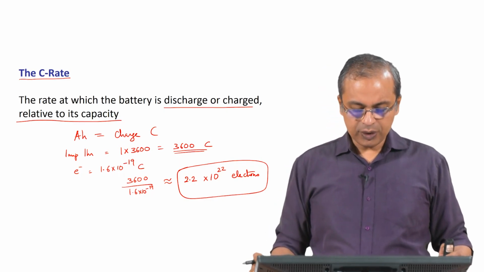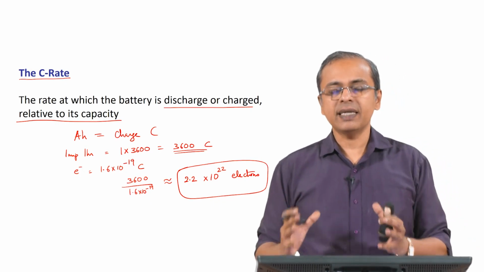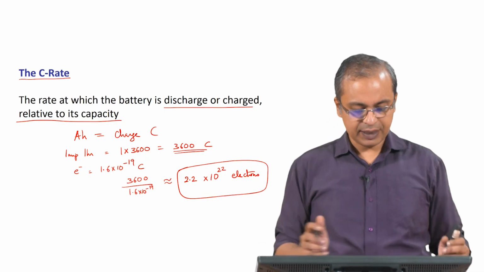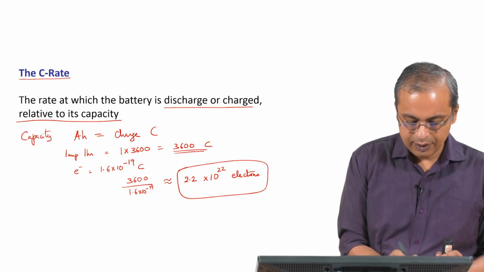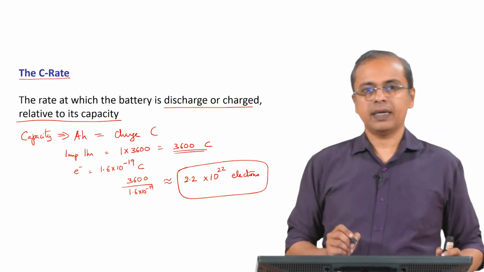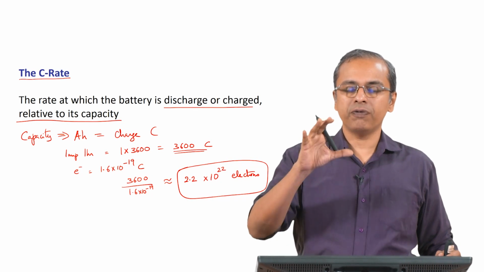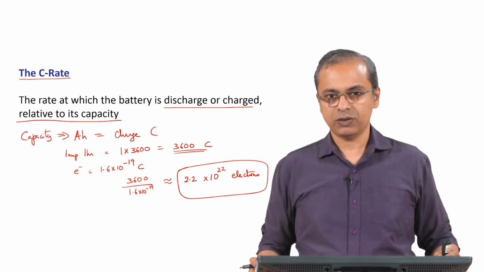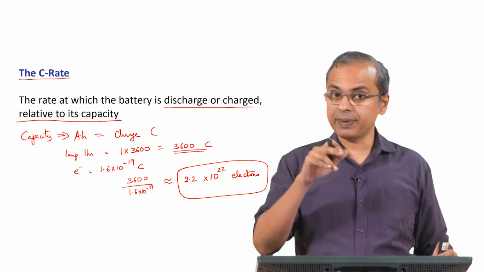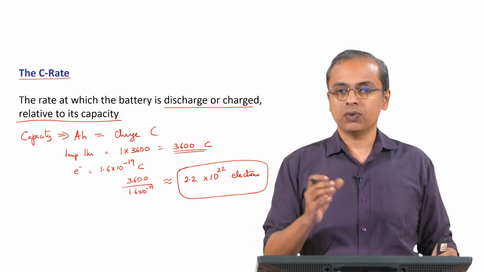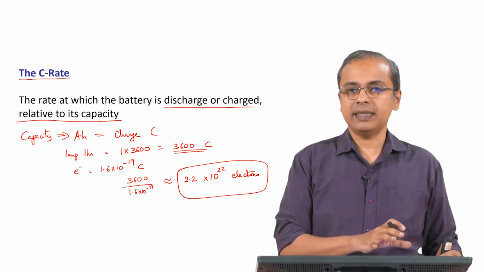Now this charge, this ampere hour, this capacity given in terms of ampere hours is significant because it represents the amount of chemicals present in the battery. A battery, as I said, is an energy storage device. So all the chemicals that you require for the battery are present within that battery, in terms of quantity. So the charge or the capacity that is available,